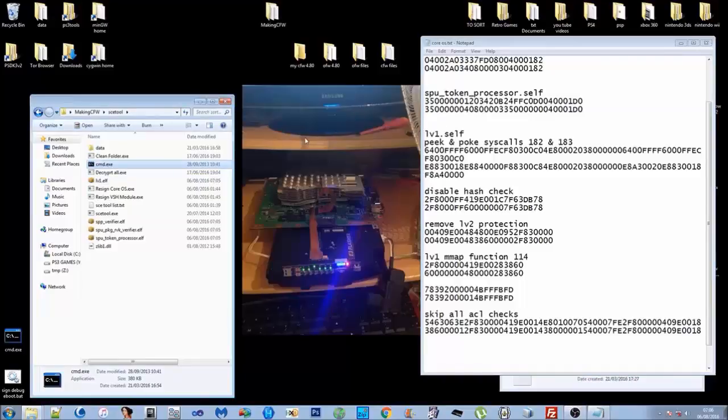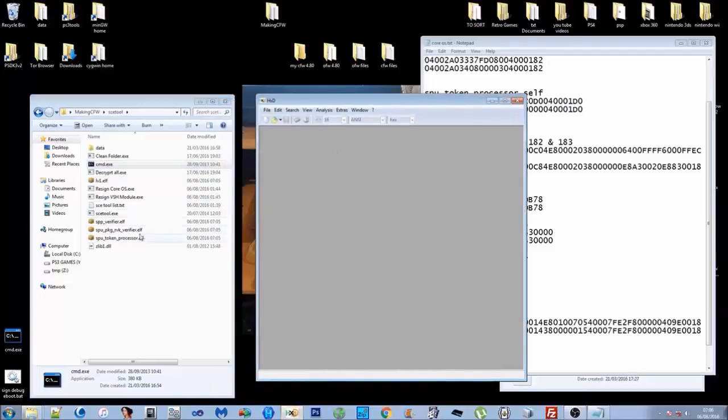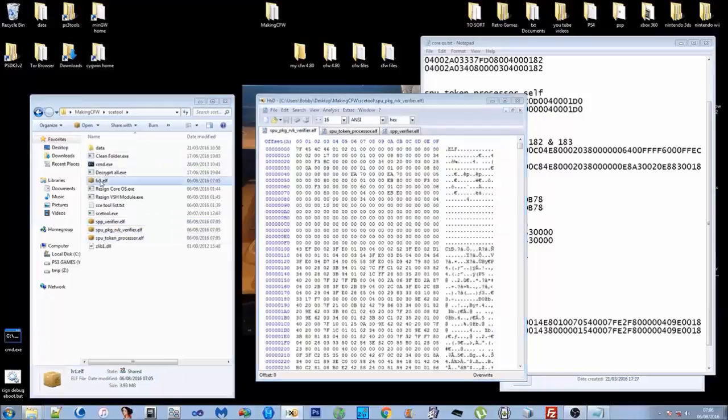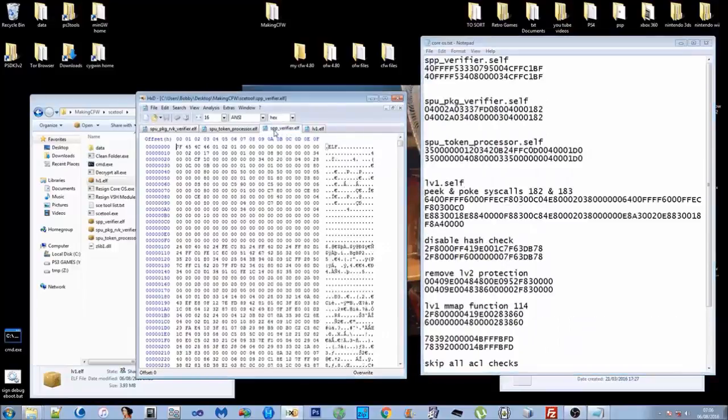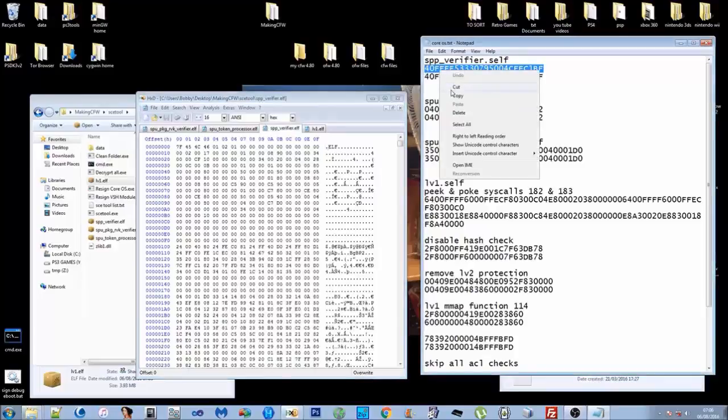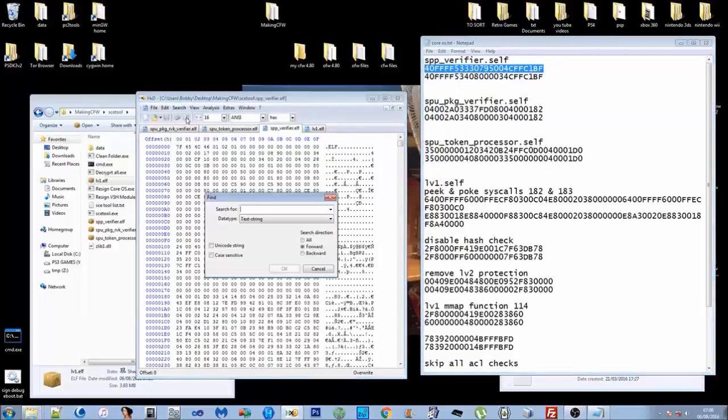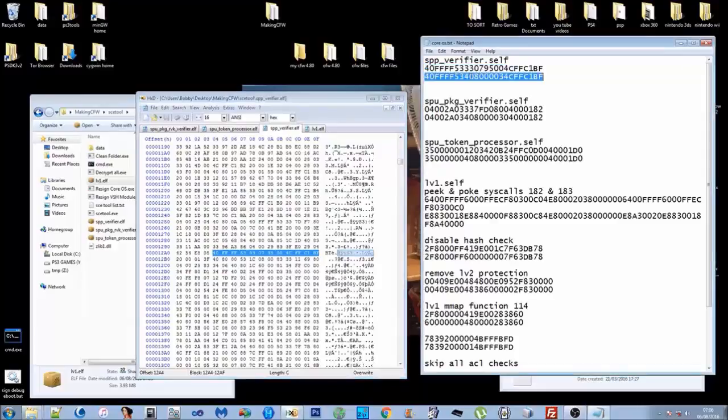Okay, so what we're going to do is open up HXD and then drag these 3 into HXD and then we'll drag the level 1. Okay, so we'll start off with, what's first, the SPP verifier. Right, so first we're going to do the SPP verifier. So you do your search. So we'll search the first pattern, search for hex values, and then we'll replace it with our patch,